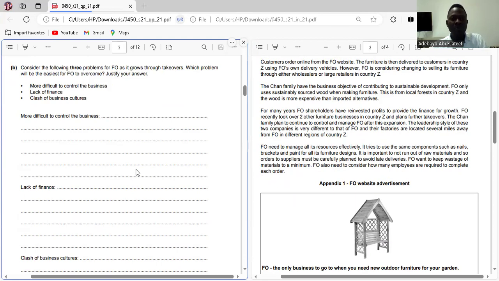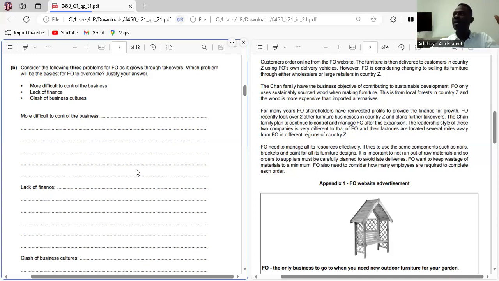Consider the following 3 problems for FO as it goes through takeovers. Which problem will be easiest for FO to overcome? Justify your answer. The first one is that it is more difficult to control the business as a result of growth by takeovers. The number of employees will increase. As a result, managers may be remote to employees. So it is difficult to control because